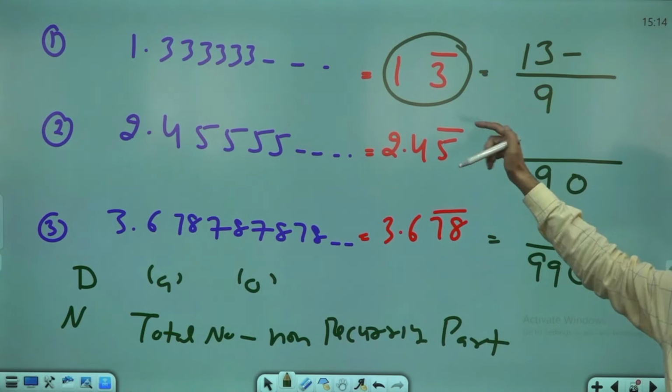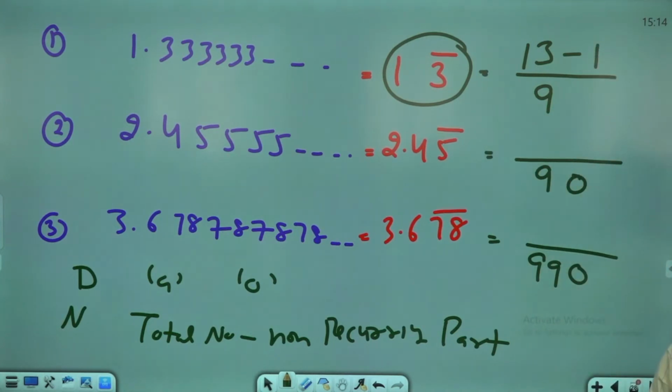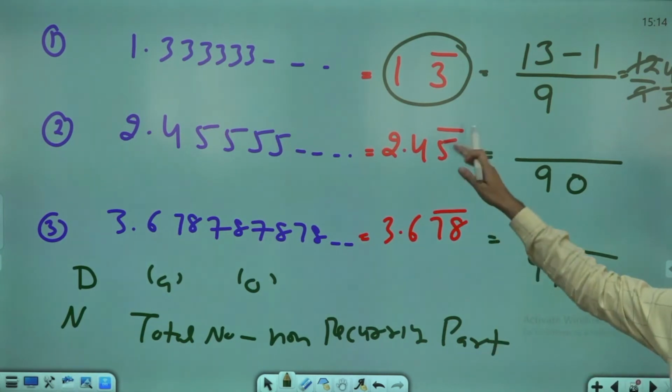Total number minus non-recurring part. What is non-recurring? Here 1. So your answer is 12 by 9. It is 4 by 3. You can check. We know very well 4 by 3 is 1.3333. Repeat, total number